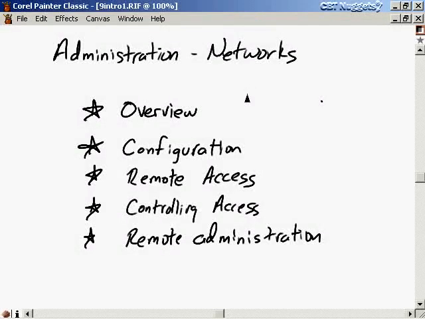All right, well, let's wrap up this nugget with a little review of what we talked about. First, I gave you an overview of networking. We talked about TCP/IP and DNS. We talked about routers and addresses. And then we talked about how to configure our computer so that it was accessible to the network, and also how to access other sites remotely from our site. We learned programs like Telnet and FTP, SSH, Mozilla. Then we talked about how to control access to our site through firewalls, through TCP wrappers, through xinetd.